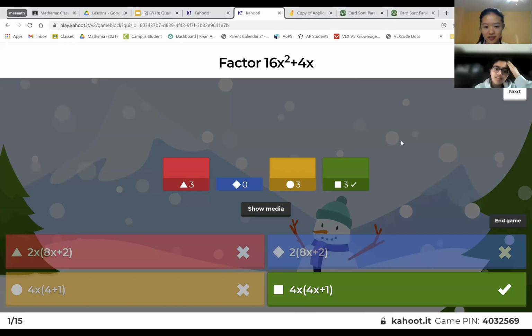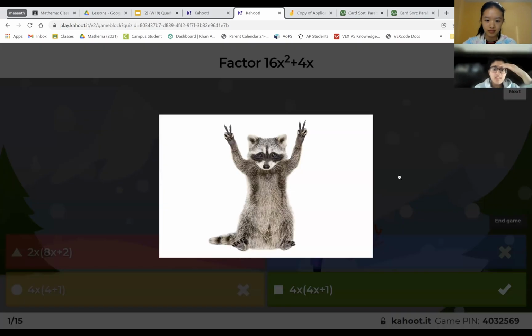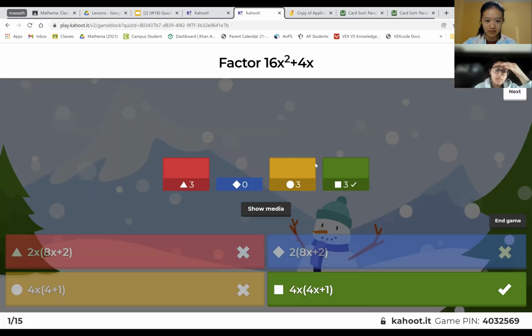So the top left is incorrect because it's not fully factored, because 8x plus 2 can be factored into 4x plus 1 and then times 2, right? So you should have chosen 4x times 4x plus 1, because 4x times 4 plus 1 is just 20x, and 2 times the 8x plus 2 is 16x plus 4, and